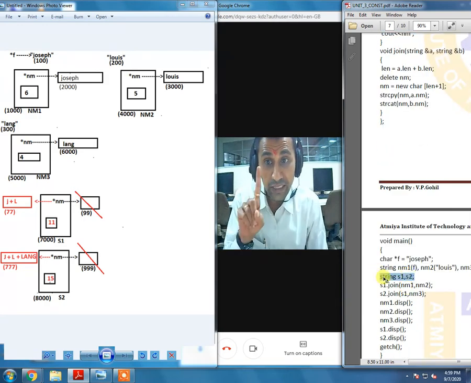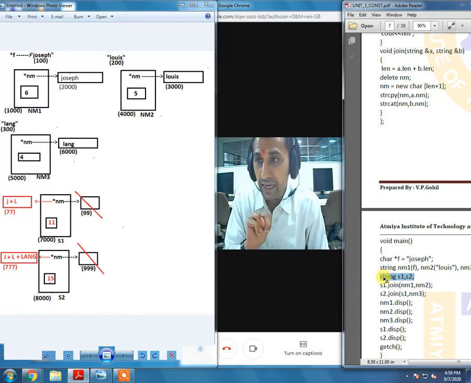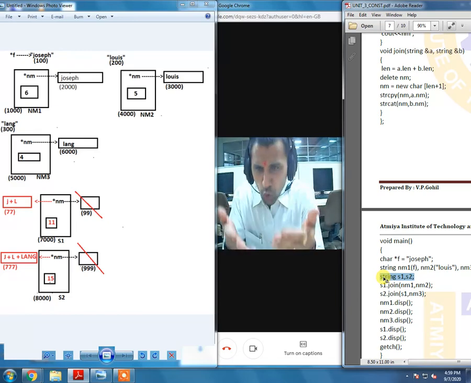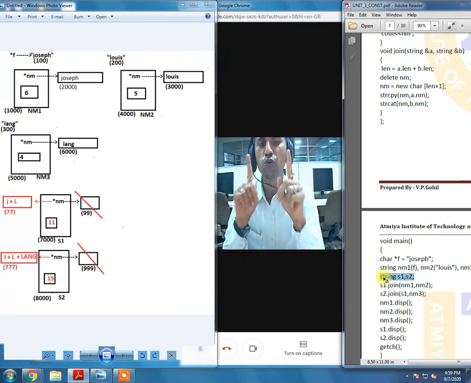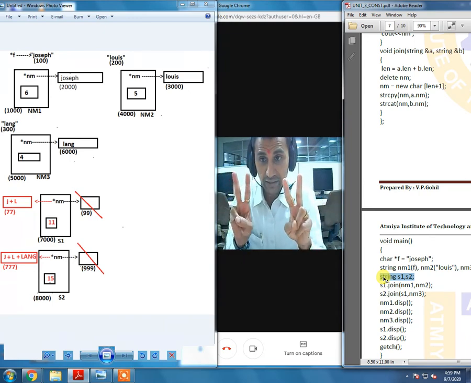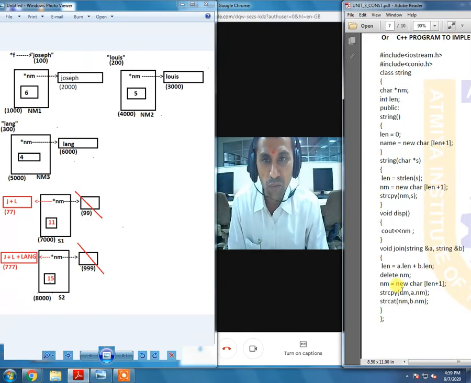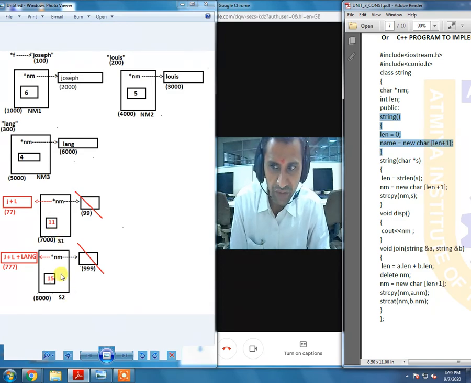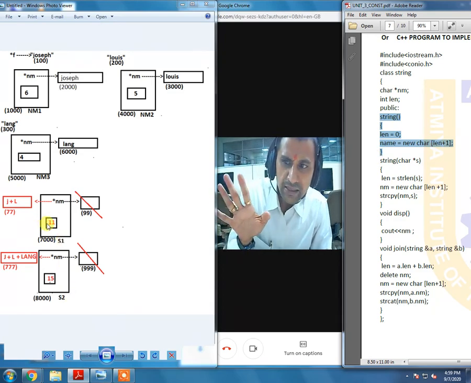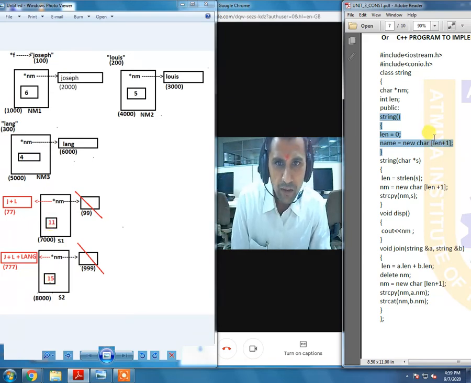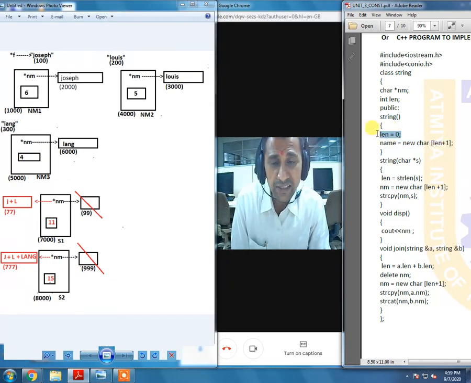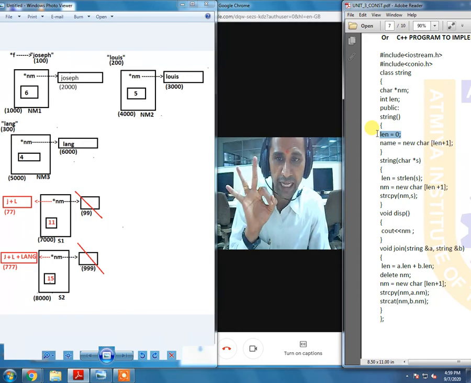We have 2 more objects, s1 and s2. This time we are making a call to the constructors and we are not passing any values. That means for s1 and for s2, both these objects, the default constructor is going to be called. Just take a look at the definition of the default constructor. What is actually being done in the default constructor? Length will be assigned 0. So for both the objects, s1 and s2, just imagine that the initial value of s1 is 0 and the initial value of s2 is 0. Length is initialized with 0 for s1 and s2 both.